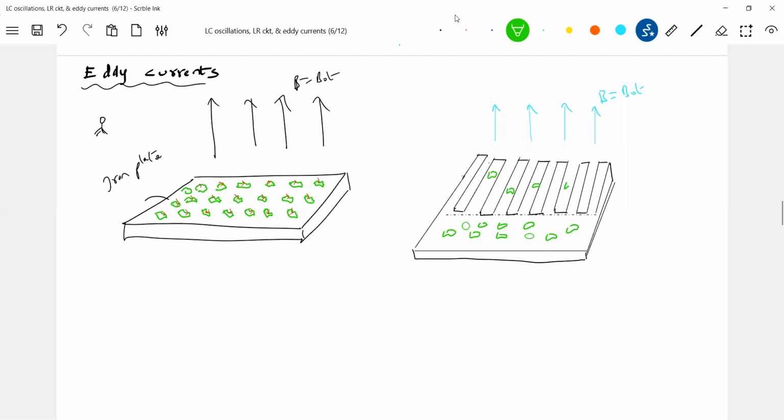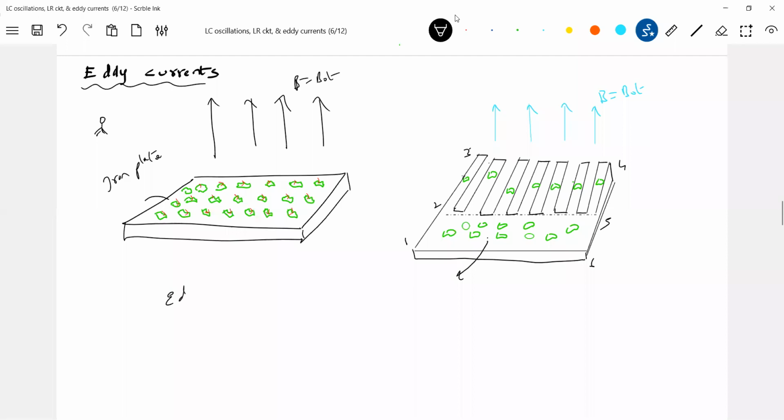They'll not be permitted because the gap will be so narrow that they're not permitted to complete the loop. So what happens to the eddy current? It gets minimized here. So there are two regions now. This is 1, 2, 3, 4, 5, 6. In 2, 3, 4, 5, the eddy current is minimized by just slicing it. In this comb region, there'll be eddy current. So eddy current here will be maximum, here will be minimum.